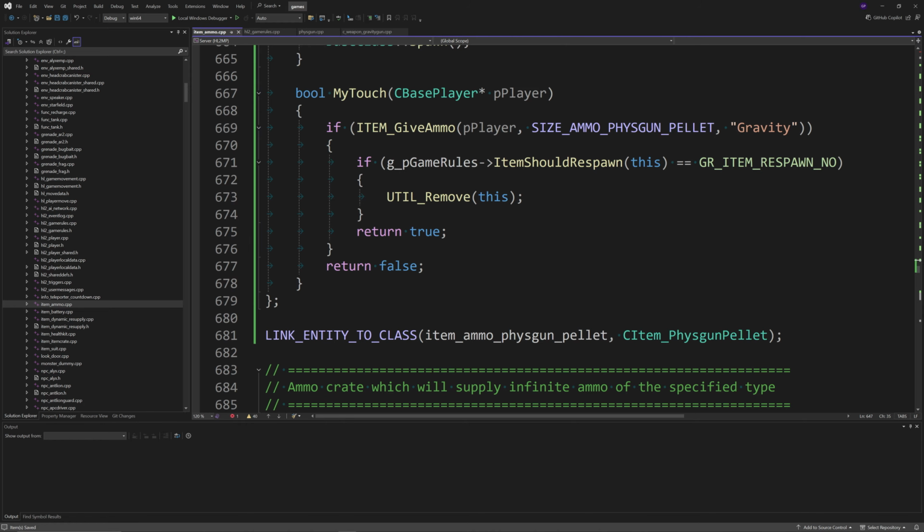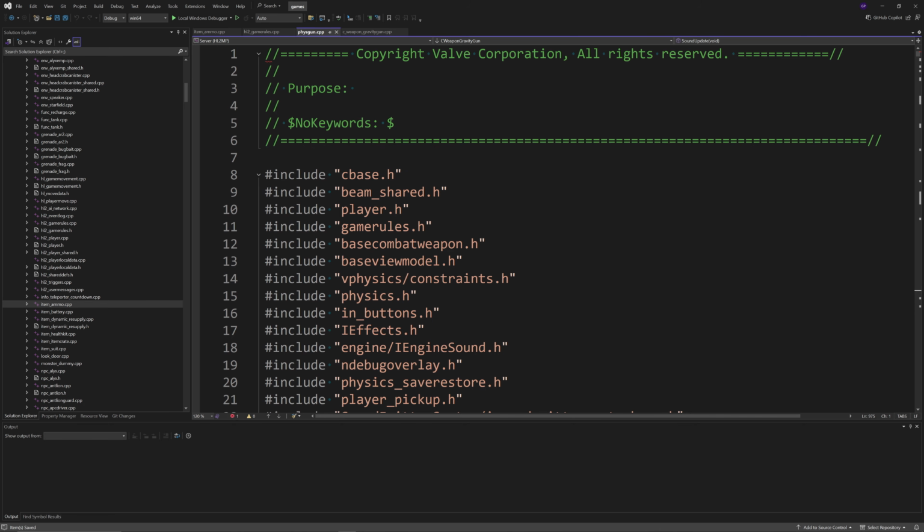And then outside of the class definition you want to do LINK_ENTITY_TO_CLASS of, then whatever you want to call the pickup, item_ammo_physgun_pellet in my case, and then the class that you called it, CItem_PhysgunPellet. Now I'm going to be going to Physgun.cpp, which is the actual server-side weapon code for the Physgun,